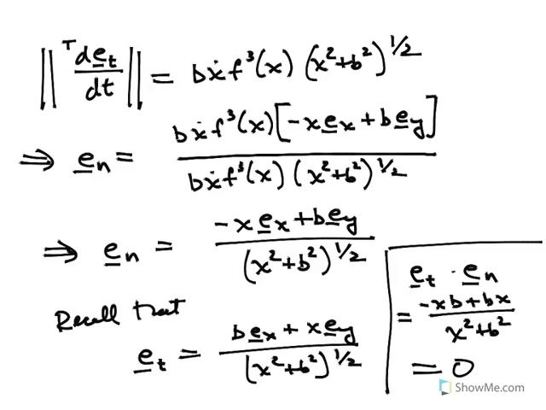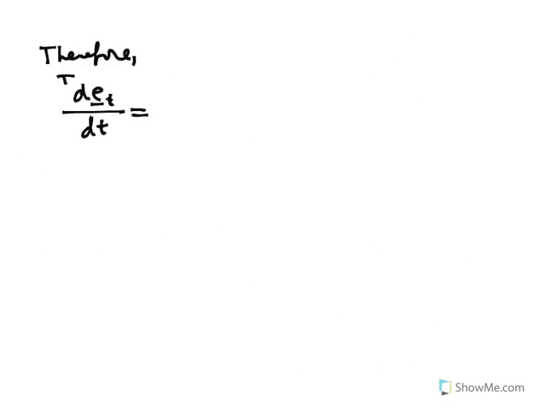And now what I can write is that the rate of change of the tangent vector as viewed by an observer fixed to the track is equal to its magnitude, which is b times x dot times f cubed of x, and then times x squared plus b squared to the 1/2, times the principal unit normal,